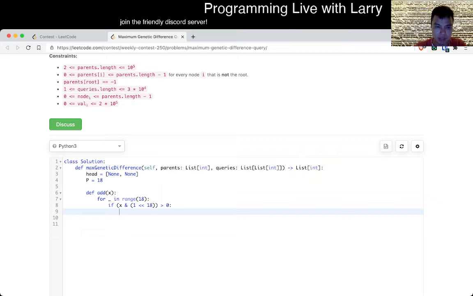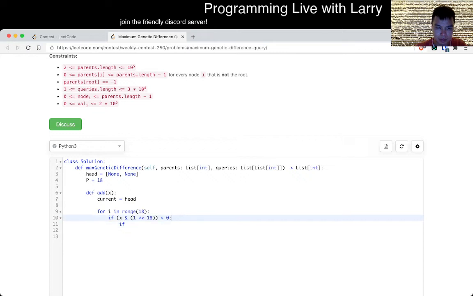That means this is a 1, so we want, oh, this is bad. No, this is, okay, fine. If child I is none, then has child I is equal to